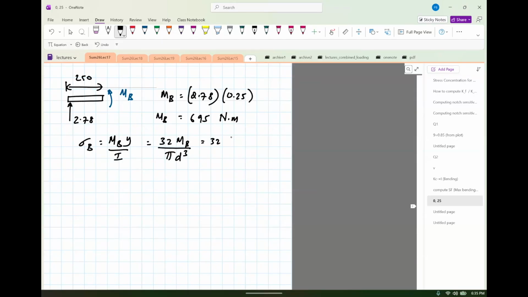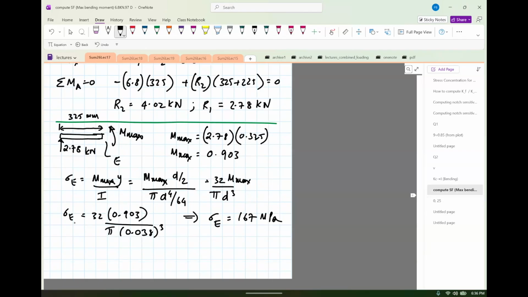So we have 32 times 695. Let me check this, 2.78. Yeah, it's 0.695, my bad here. So 0.695 divided by pi times 0.032 cubed. Okay, so sigma B will come out to be 216 megapascals. Now what we can see is the stress at E is 167